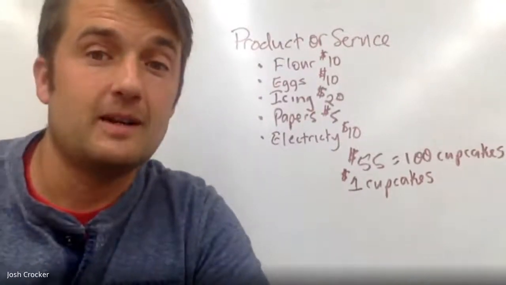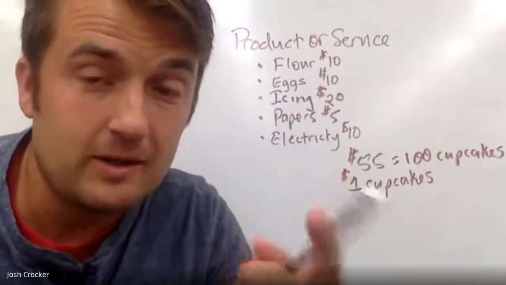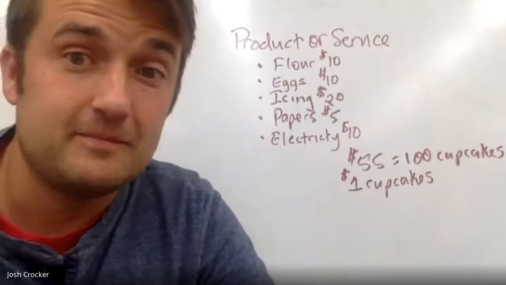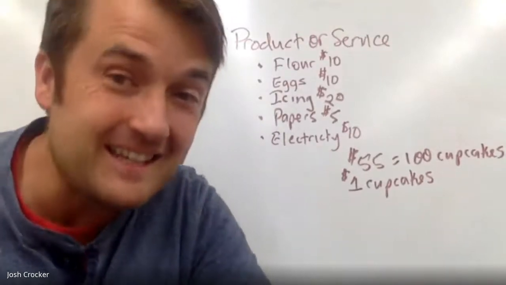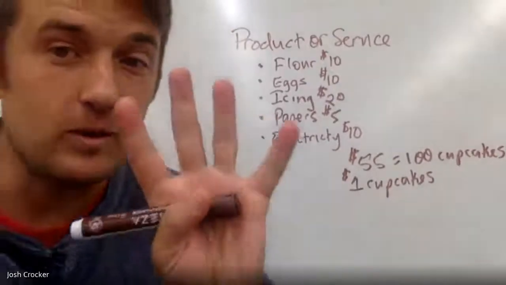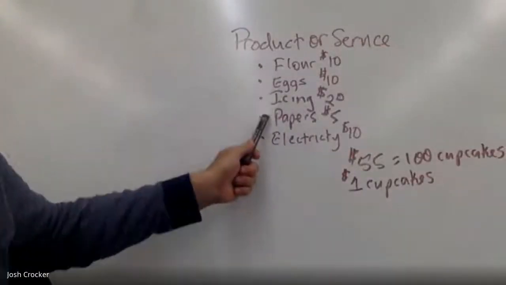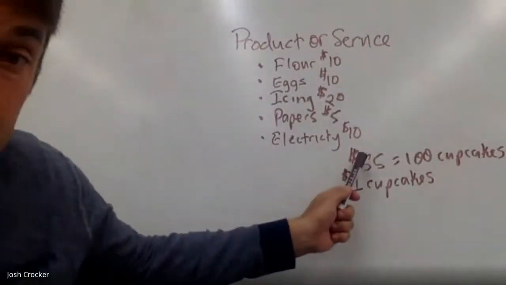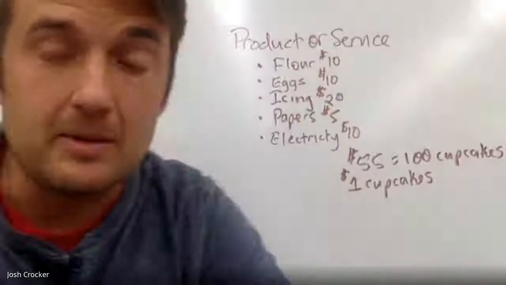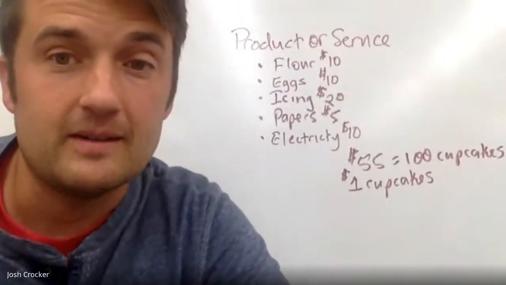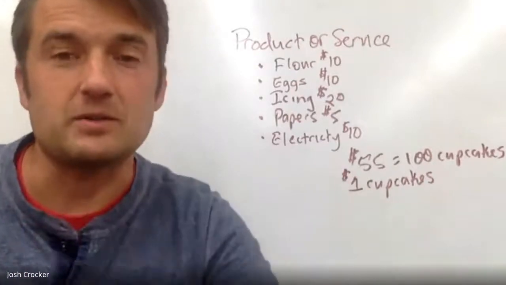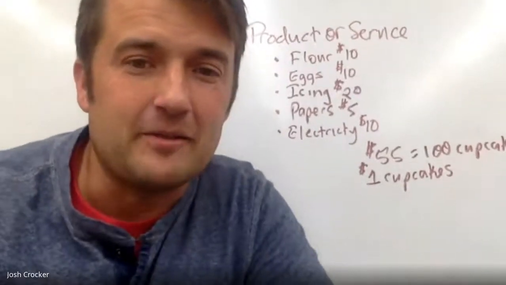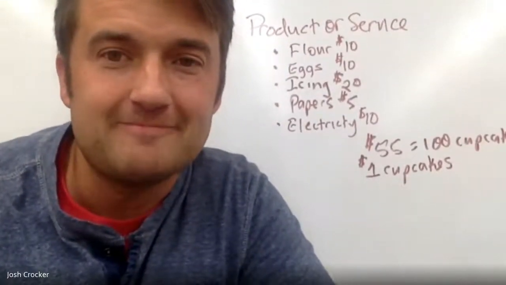Okay, so that's what I want you to do. I want you to come up with an idea. Could be lawn mowing, could be baking cupcakes, could be making cards, could be selling dresses. Okay, it can be anything you want it to be. I want you to come up with at least 4 expenses, and I want you to put down the expenses and how much. And then I want you to think about all your expenses, and I want you to think about how much you need to sell your product for. Okay. And I just want you to think about, like, what is it going to actually take for me to make money here? Okay. So I thought that would be kind of a fun application for all the things that we learned this week in social studies.